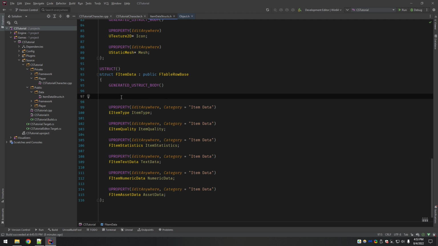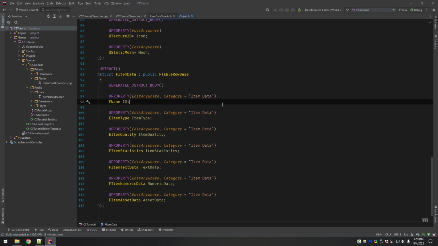But the main thing I meant to add that I forgot was an ID. So we want to have an item ID because this acts as essentially the search field for the data table. And I'll show you what I mean when I get back into the editor and open that up.